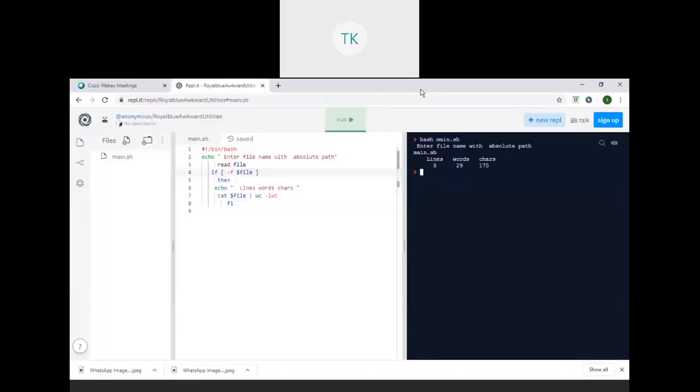Okay, is there any doubt? Please respond. Is there any doubt with this compiler? If you have any doubt, please ask me.